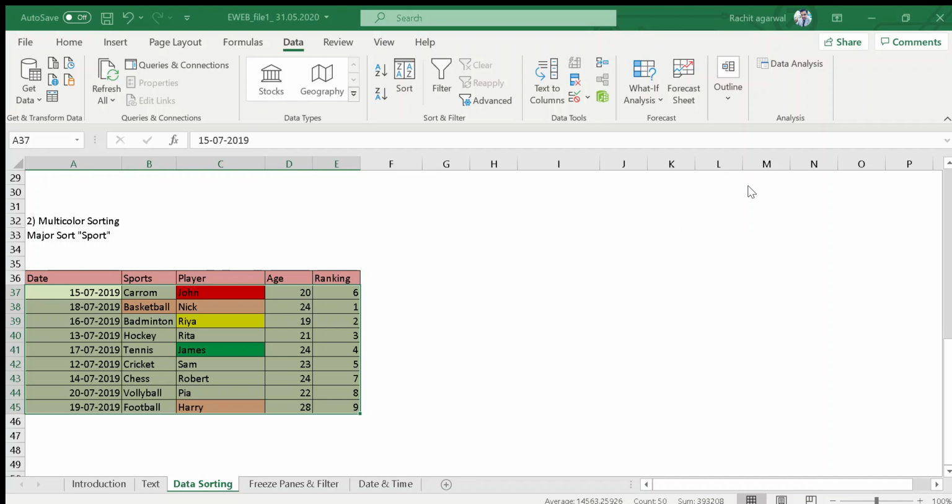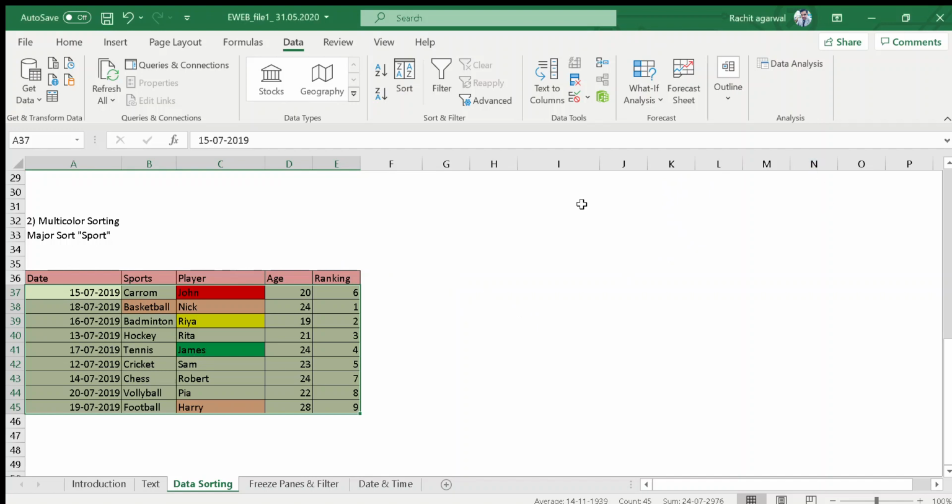Let me check. I think Excel is not fetching the color from the table. Okay, we may leave this.